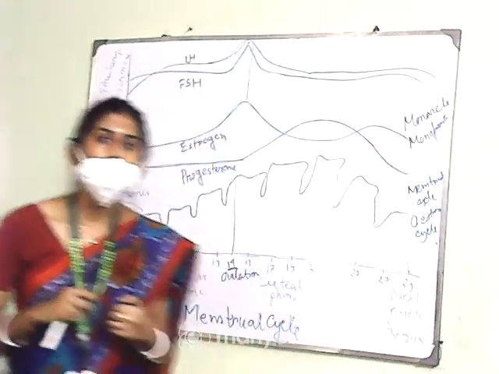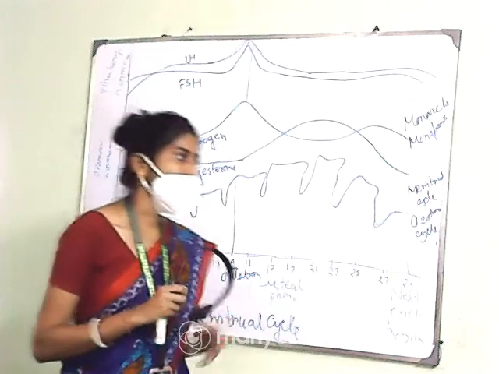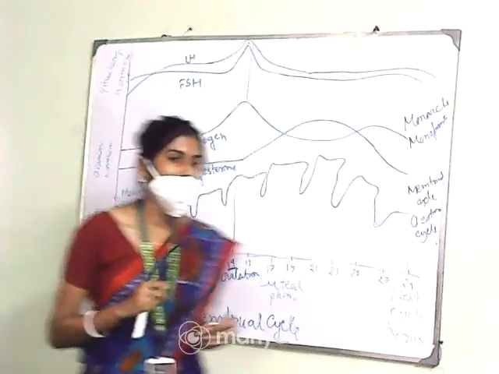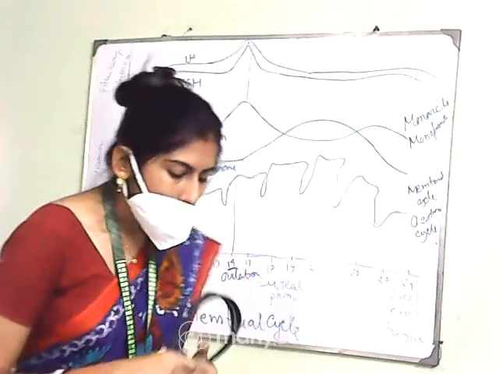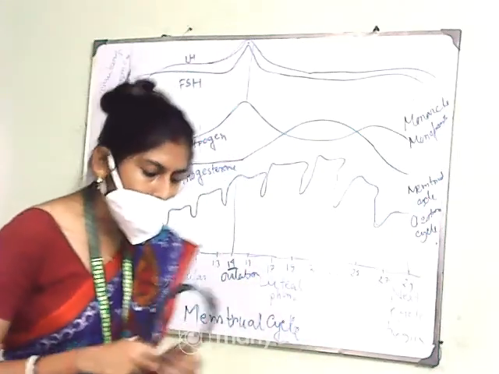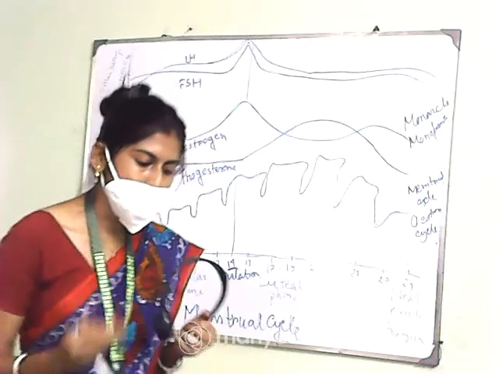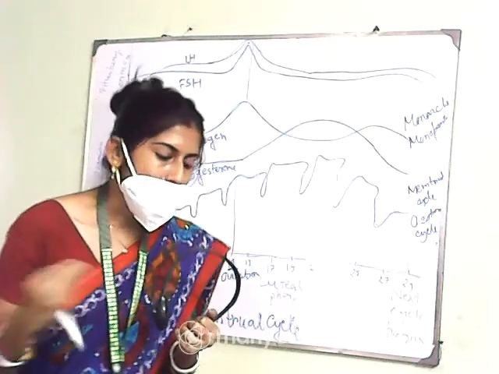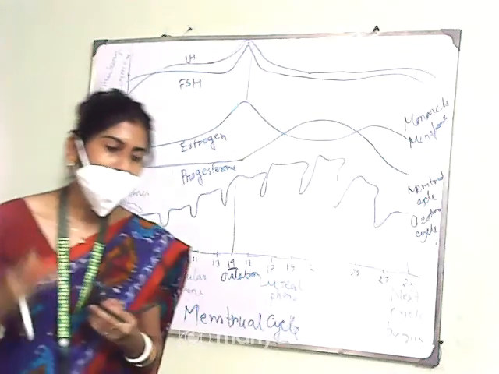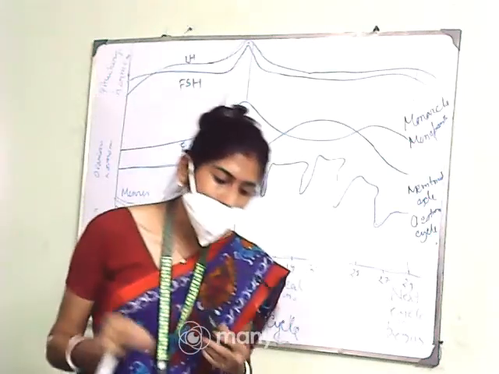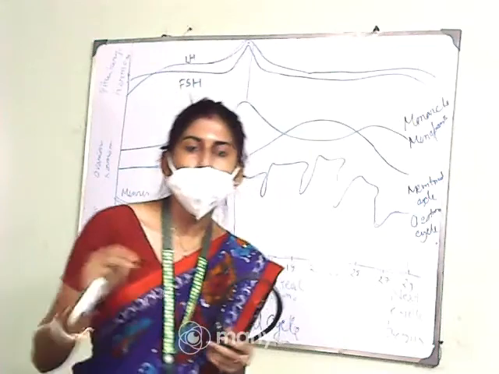As you can remember, primary follicle, secondary follicle, tertiary follicle, from that Graafian follicles will be formed. So the menstrual phase is followed by this follicular phase, and during this phase primary follicles will grow and be converted into Graafian follicle, and simultaneously the endometrium of the uterus regenerates through proliferation.